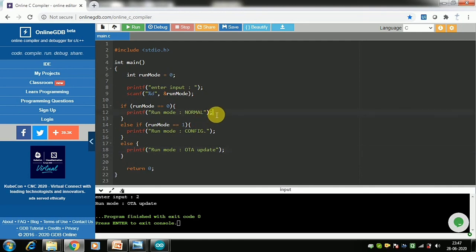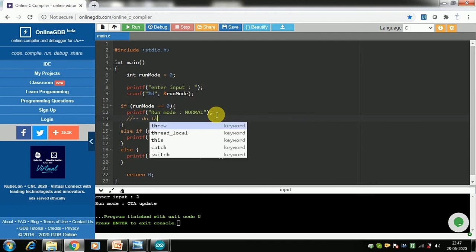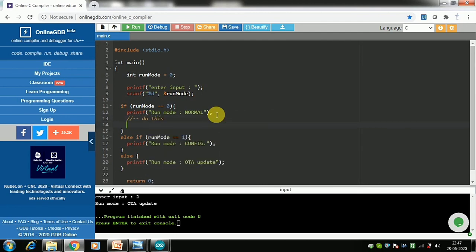In the curly braces we may do many other things as well, not only printing normal mode or other modes. We can do many other things, do this, do that. If this condition is satisfied, all these statements will be executed. So I guess you could understand the difference. So this is the bonus part.